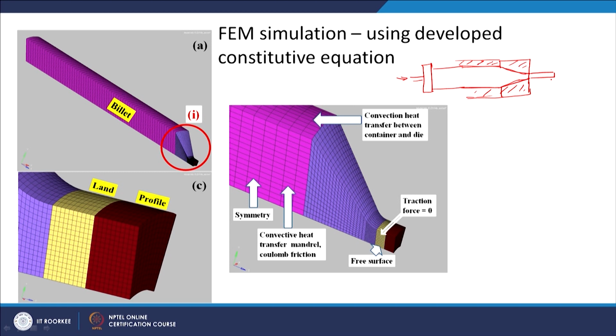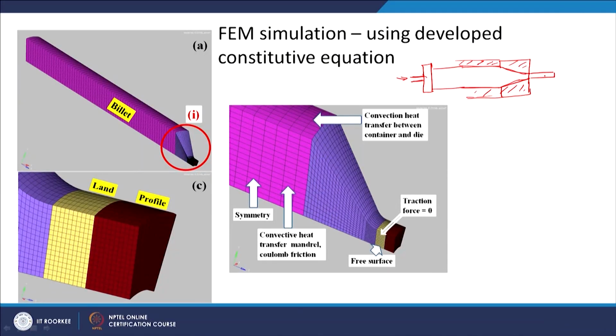So, what ram force will be required for deformation of this? This data was acquired from the actual shop floor, where a big billet is extruded at a higher temperature, and you are deforming it. How much ram force is required to do the deformation, that already is measured in the actual shop floor. So, this process was simulated using finite element analysis, and these are the grid which you put